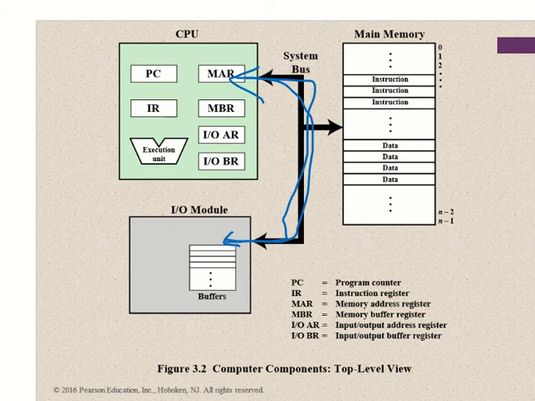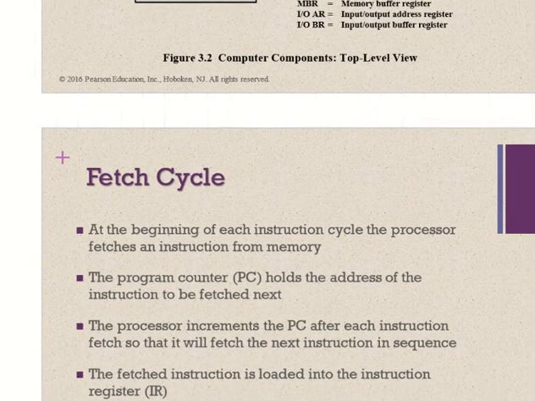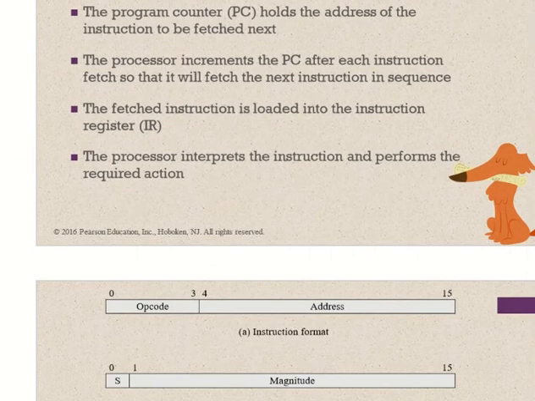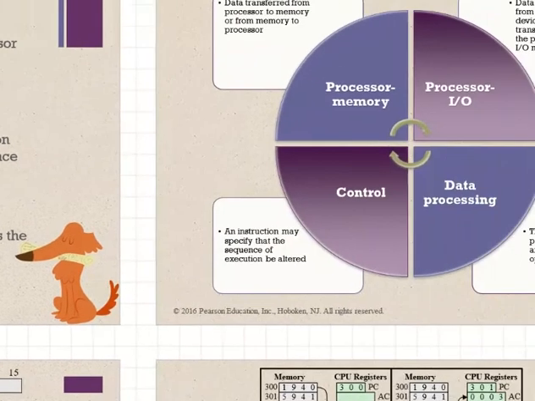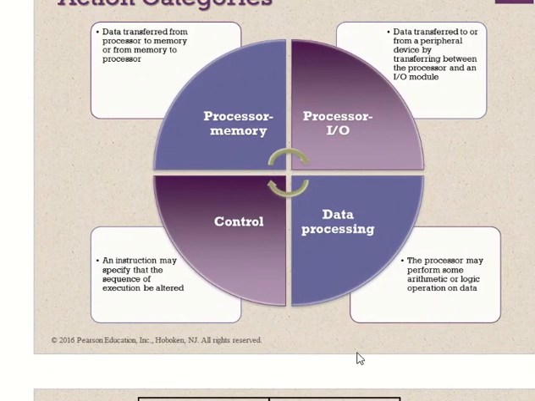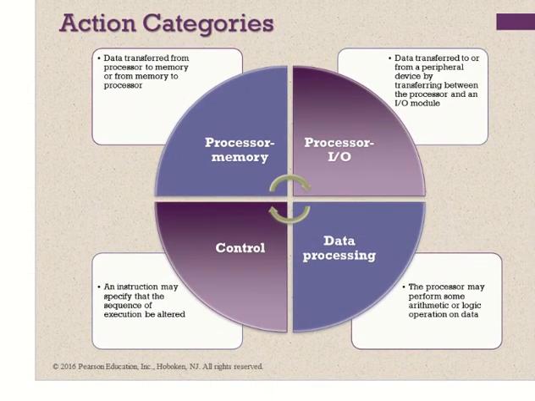So the system bus is 2 directional. 2 directional means it goes in both directions. Okay, from IO to the CPU, or from CPU to the IO. So this is what I mentioned a few slides back. So let's go back to the 4 categories of action. Here it is. So these are the 4 categories of action. The first category I explained using the diagram.